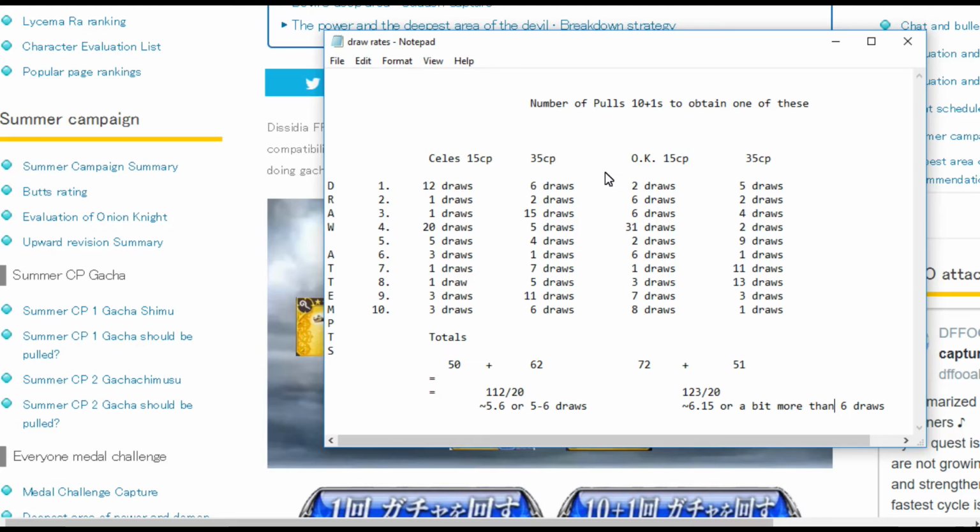I mean, the draw rates seem pretty good. 5 to 6, you can't go bad with that. And as you saw here, 6 attempts, we got everything. So hey, good luck to you guys if you are pulling. But before we go, like we've been doing in these past few videos, let's go ahead and react to Celes's release trailer